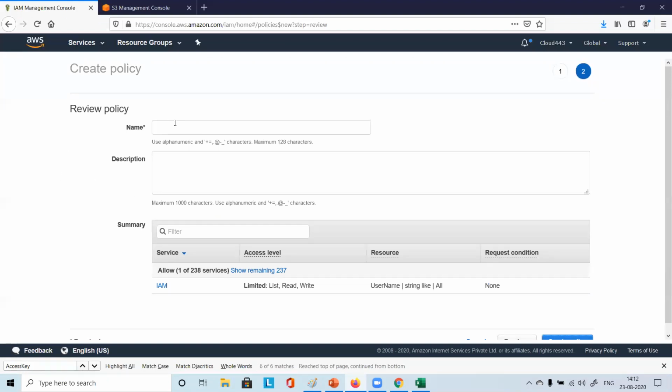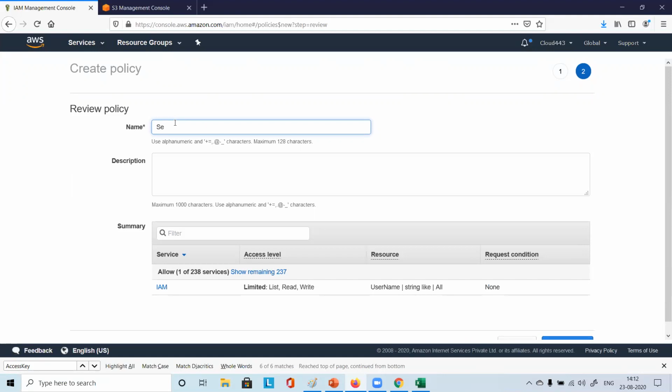So like that you can review, you can give some name to the policy as well, right? So what name do you want to give? Something related to IAM. Yeah. I will say self access keys or something.